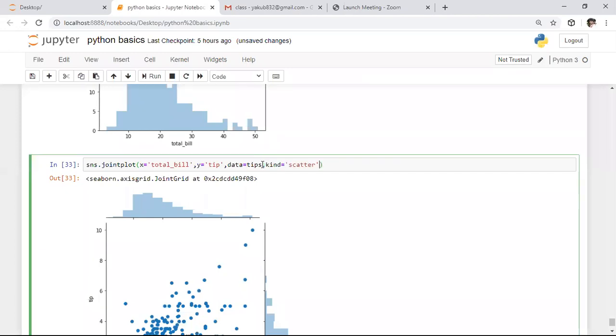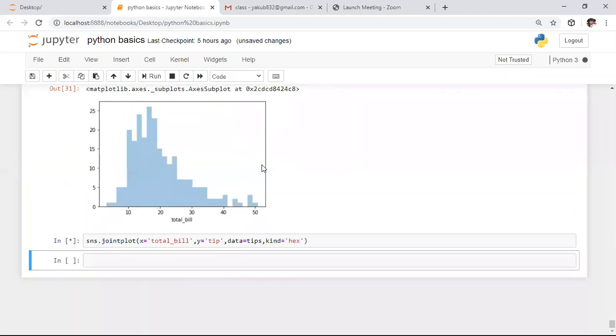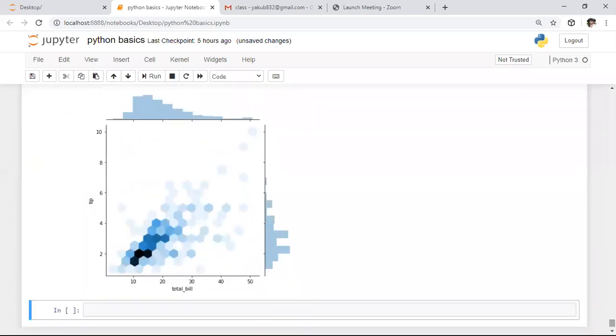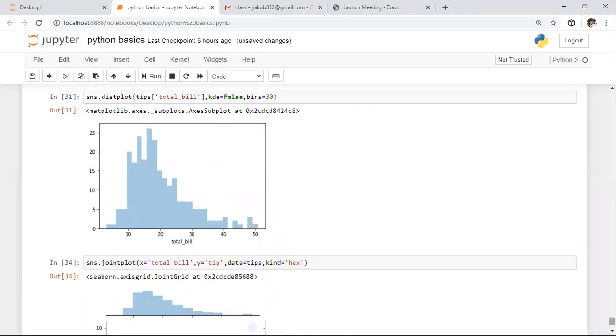If you want to plot this using different things, in place of scatter we can use hex plot also. Here I want to represent each and every point with the hexagon, so for that purpose we need to specify hex. In this, data points are represented with hexagons, and it is a distribution for those hexagons. Like that we can specify different kinds of representation.